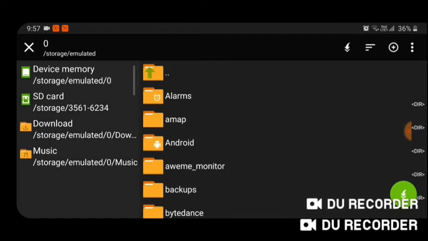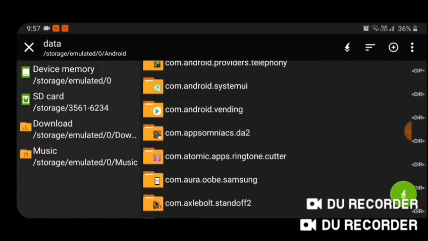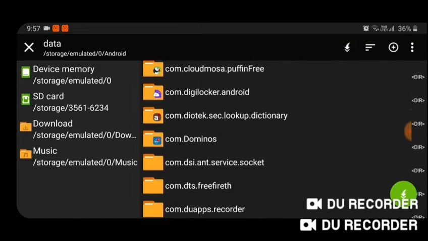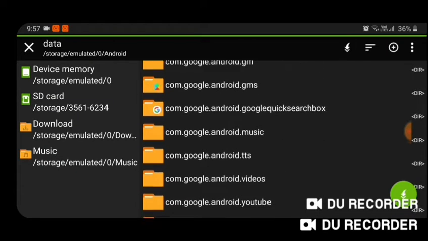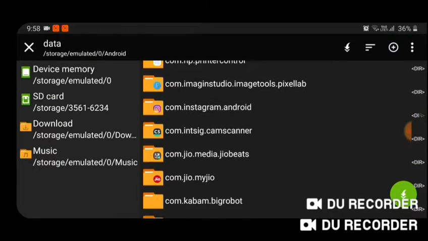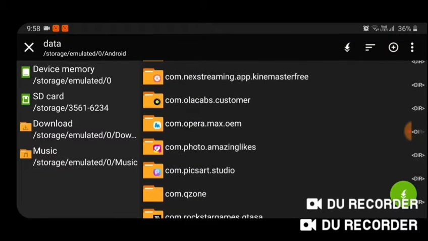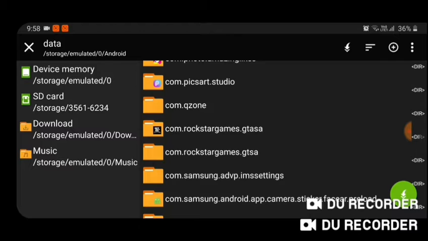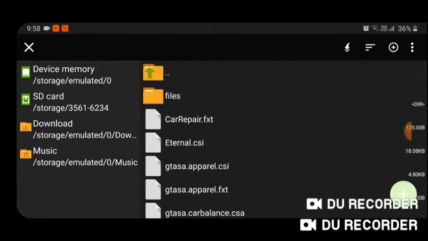We'll go to device memory, Android, data, locate your com.rockstargames.gta sa file, just locate it. There we go, com.rockstargames.gta sa. Open it and extract it here.